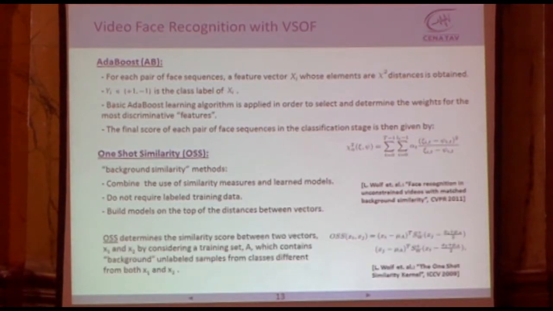So the one-shot similarity measure determines the similarity score between two vectors. In this case, our vectors are the histograms, by considering a training set which contains background on-label samples different from both classes. So a model is learned taking one vector with the background set, and then the other vector is classified with this model, and vice versa, so they are then averaged to get the final